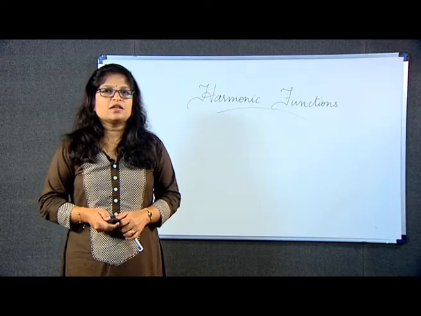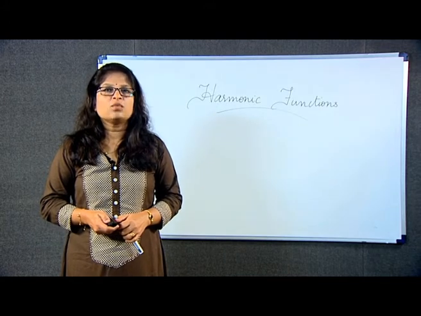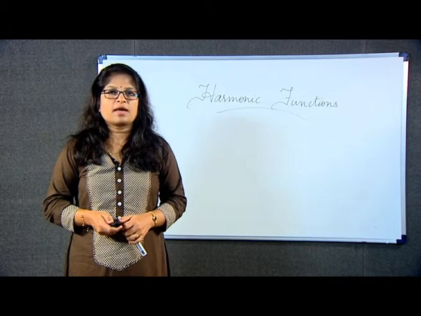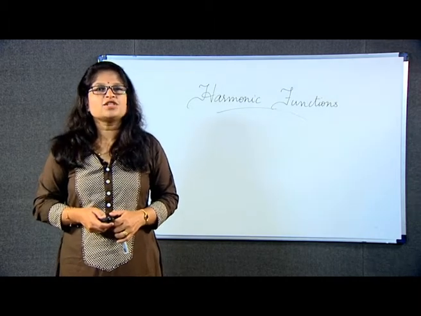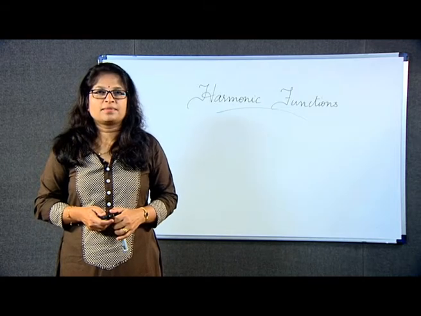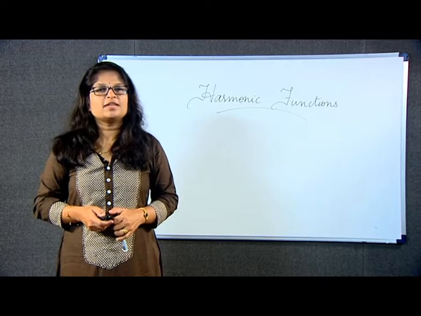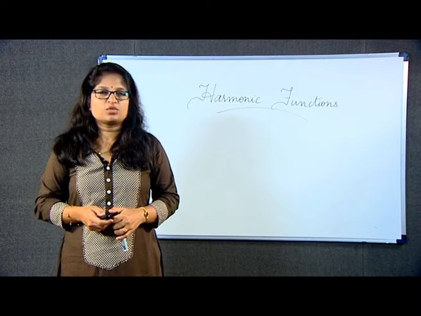Construct an analytic function whose real part is u(x, y) = x³ − 3xy² + y. So, first let us verify that this given function u is harmonic. For that we have to find the first and second order derivatives of u with respect to x and also with respect to y.